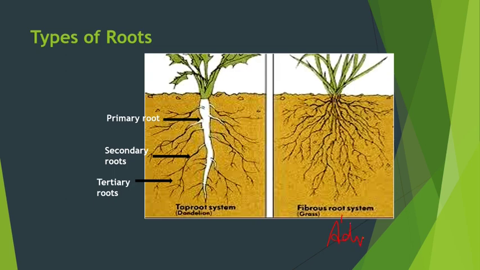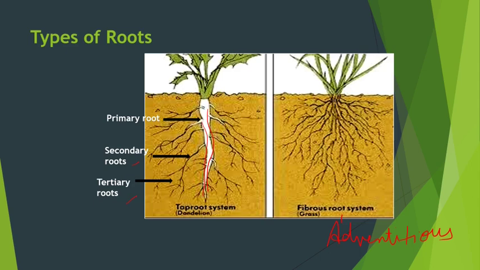So these are adventitious roots, roots which do not arise from the radicle. Any other part but not the radicle gives fibrous roots. In taproot you can see there is a primary root. As you can see in this picture, this is a primary root. Primary root gives out branches which are called secondary roots, and secondary roots later give out branches called tertiary roots. And the arrangement is acropetal arrangement.